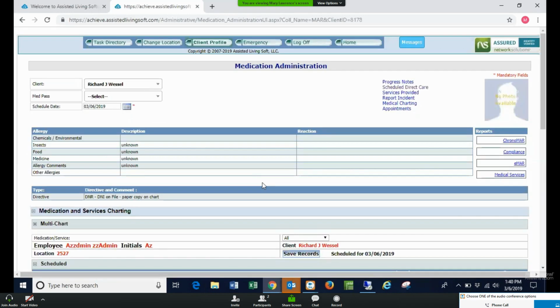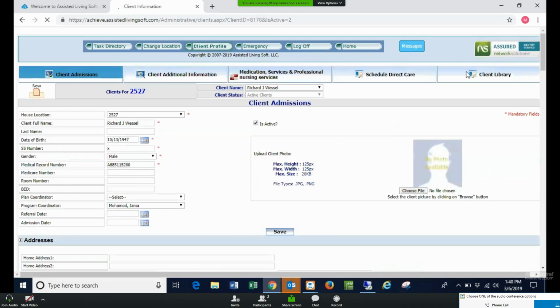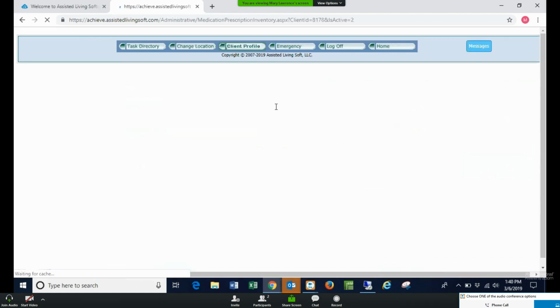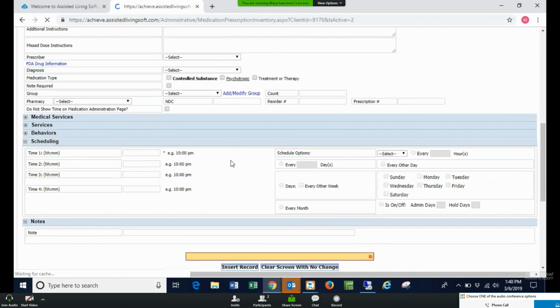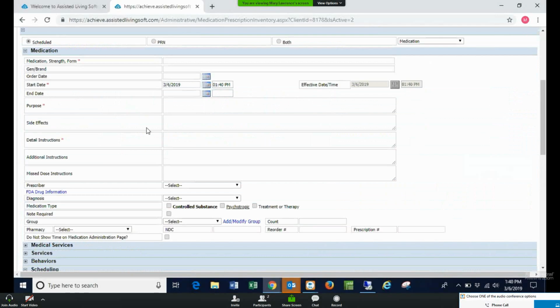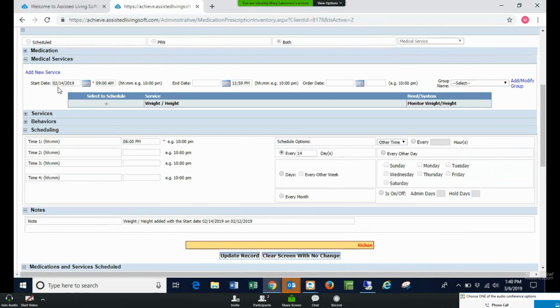All right. So does that make sense? Now, if you want to know when we scheduled his weight, we would look under medications. We would go to the master record. Here's his weight and height, and we scheduled it to be done. I'm going to edit it so I can see the record. We scheduled it to be done